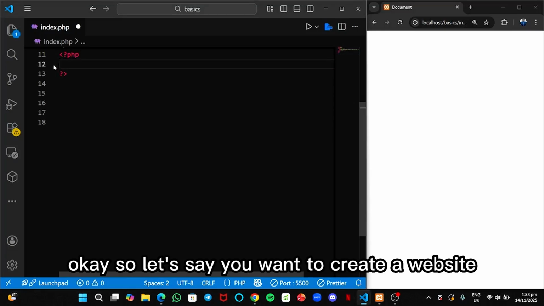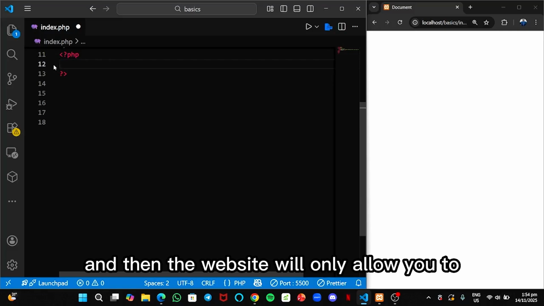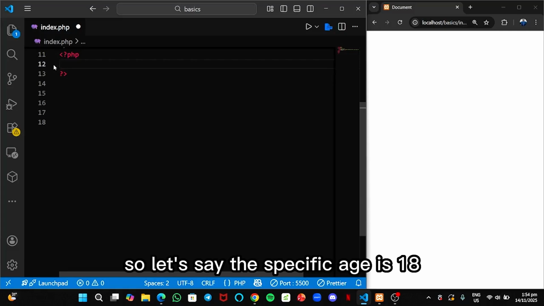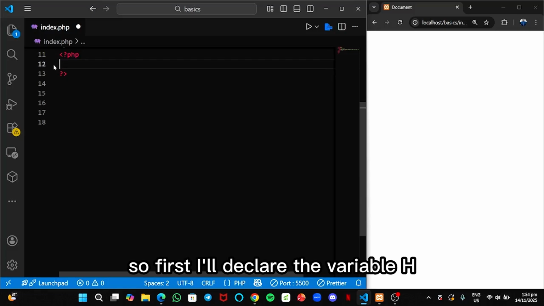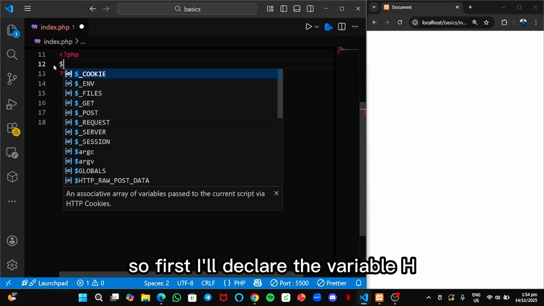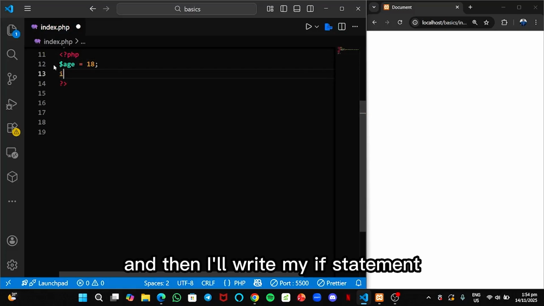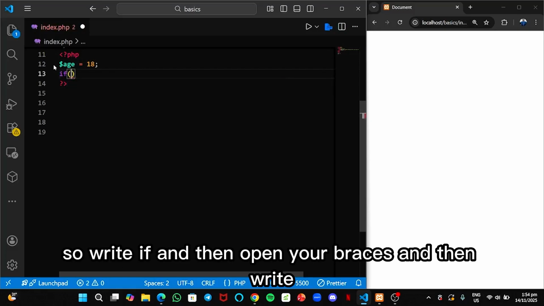Okay, so let's say you want to create a website and the website will only allow you to have access to it if you meet a specific age. So let's say the specific age is 18. First I'll declare the variable age and assign it 18. And then I'll write my if statement. So write if and then open your braces and then write